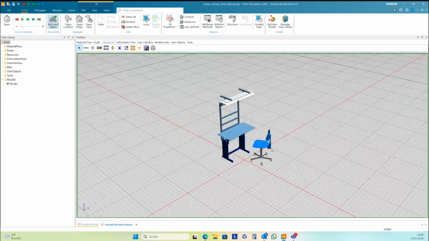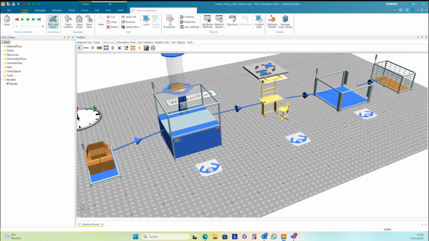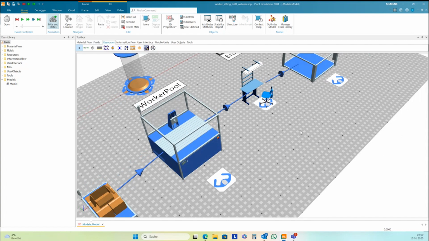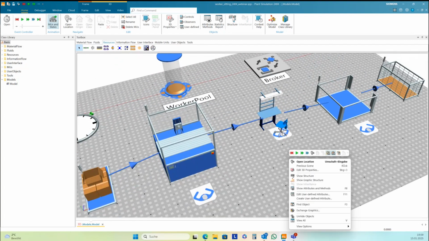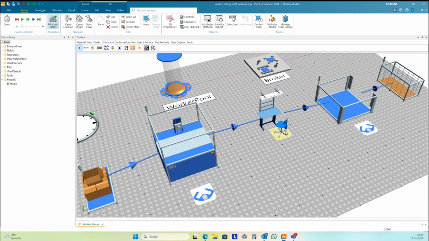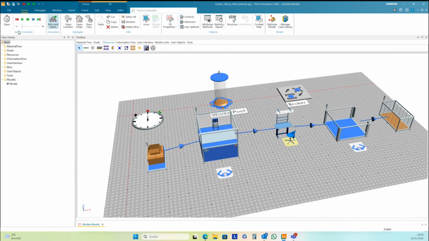Looks like this. There's a stair and a desk. And then you can close this window here. And then move the workplace under this stair, because the worker should sit here, and then try to run the simulation.